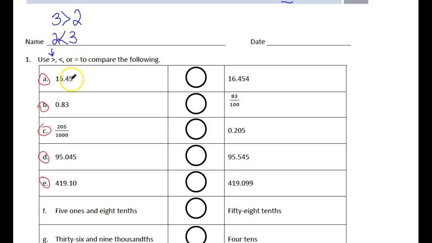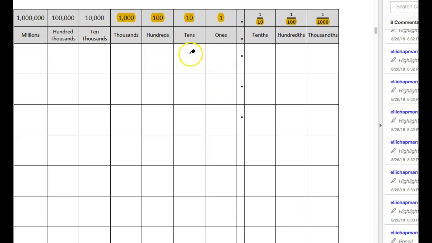And so we're going to be comparing these two numbers, and we can see right here it says 16 and 45 hundredths. We're comparing to 16 and 454 thousandths. And so we're going to figure out which one is bigger. So 16.45, let's enter it in on our place value chart. I have to look again, make sure we don't mess this up. If you have 16, you know pretty well that you're going to have a 1 and a 6 for 16. And then it said, and